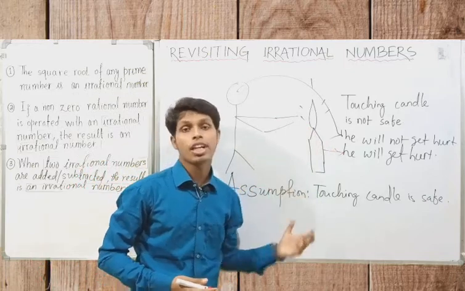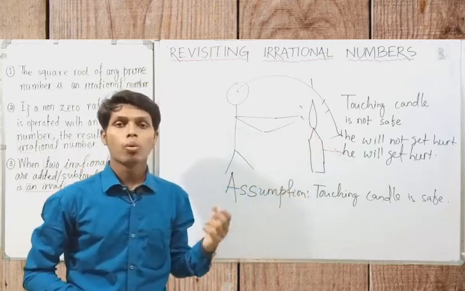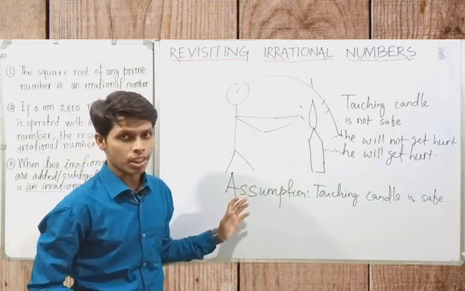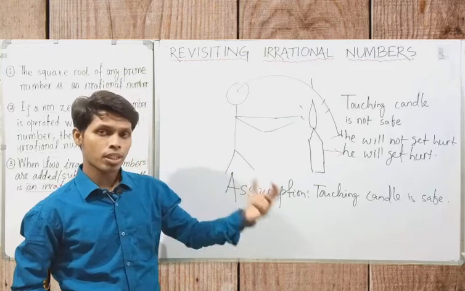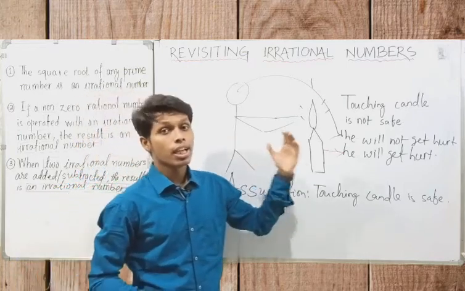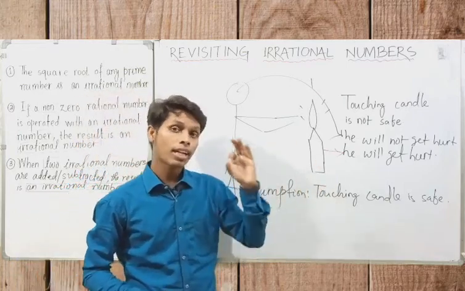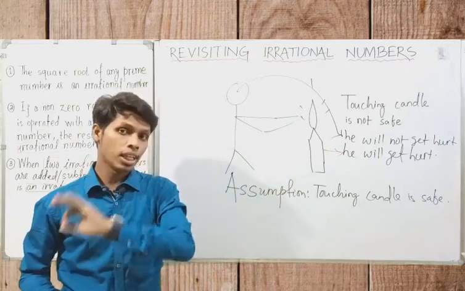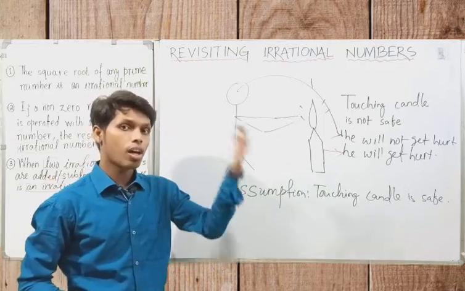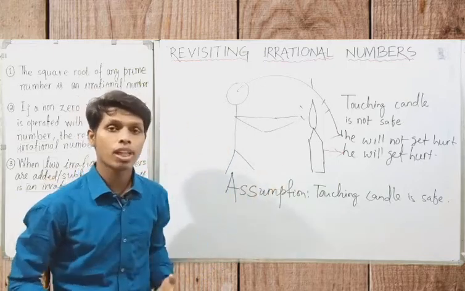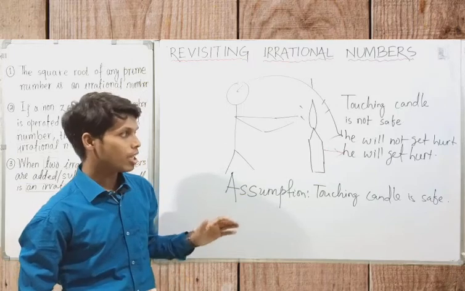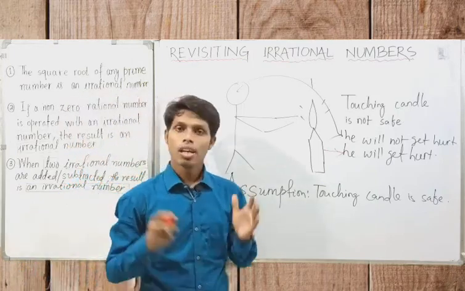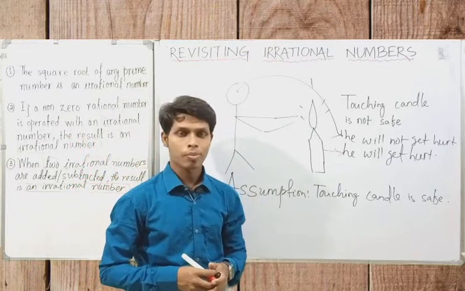Whenever someone is not ready to accept the truth or reality, we just let them proceed as per their assumption. And after some time, he or she reaches a point and realizes themselves that yes, whatever we assumed was wrong, and the original statement that was advised to them is correct. Understood? And this method is used in mathematics many times to prove the real facts about basic rules of mathematics.